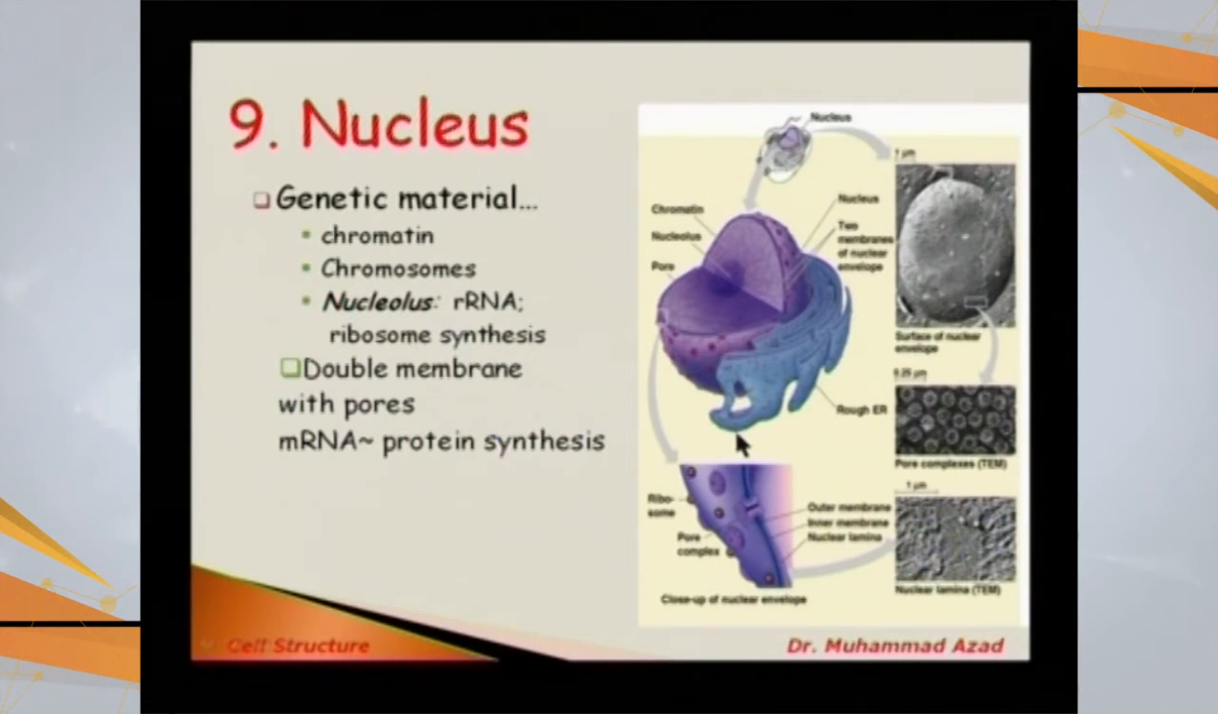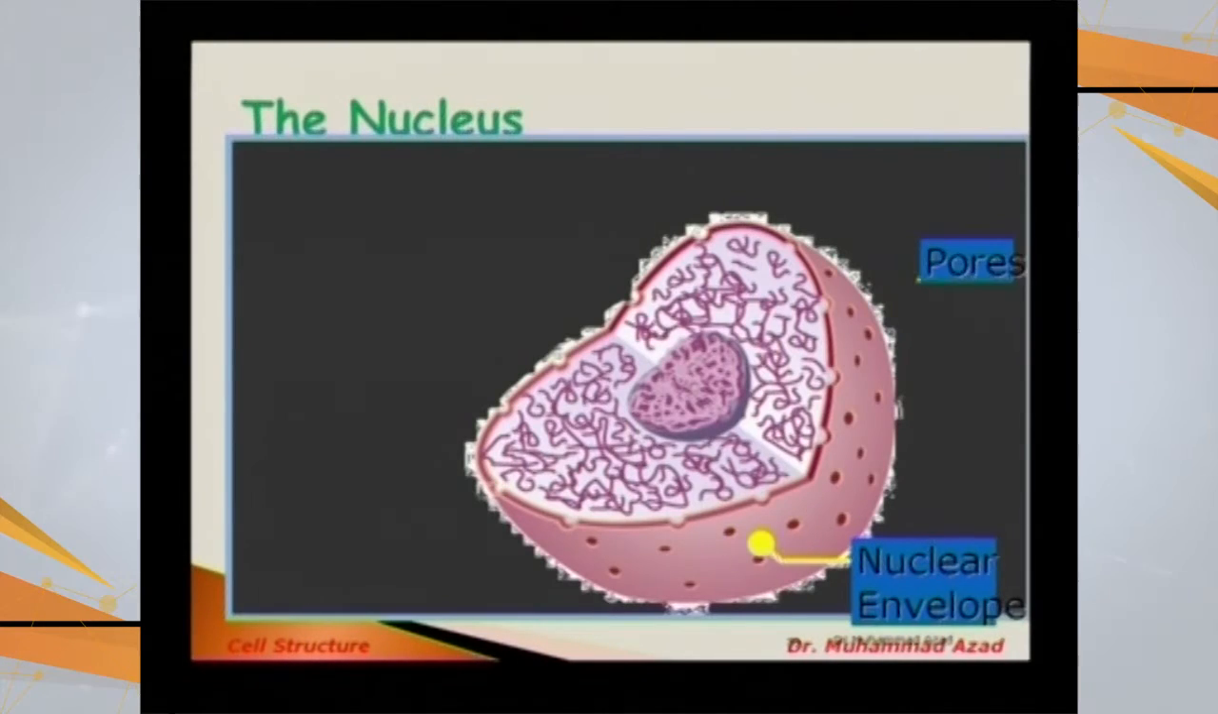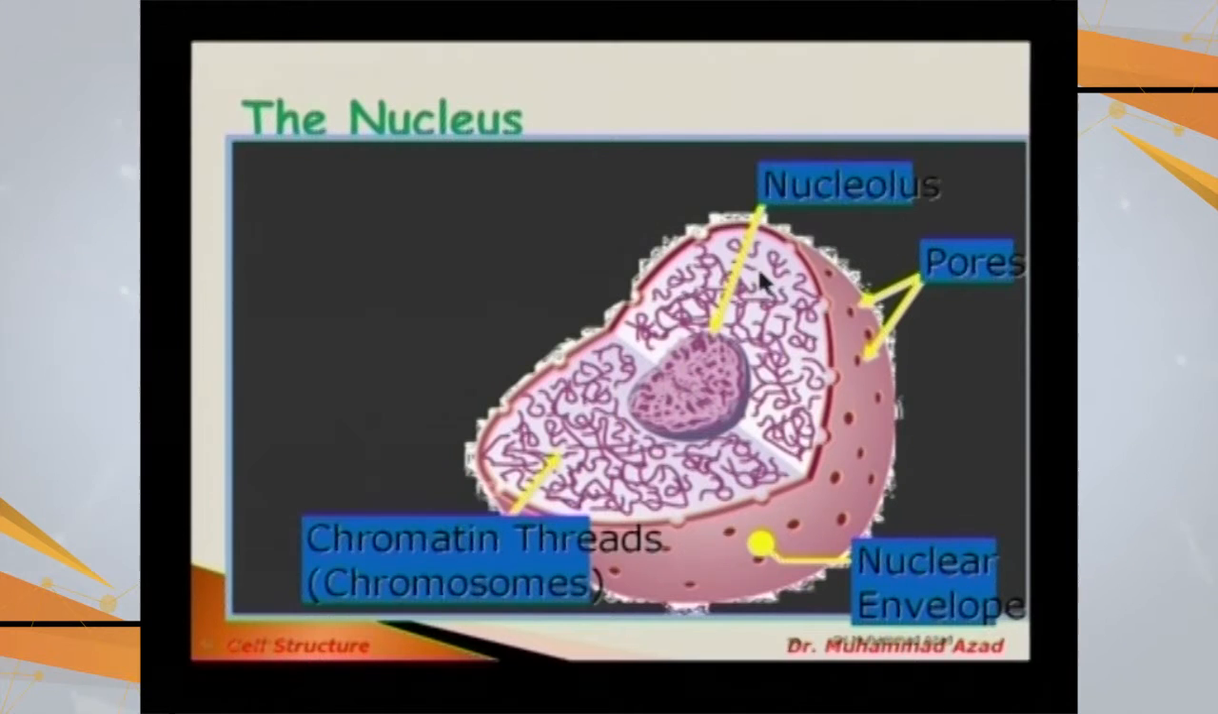So these are the nuclear pores here in this double membrane, and inside this darkly stained area, that is the nucleolus, a little nucleus, a smaller nucleus inside the nucleus, and this is the chromatin. The jelly-like material which is present inside the nucleus. This is again another view of the nucleus. These are the nuclear pores, the nuclear envelope, the double membrane, the chromatin threads which are there, and inside